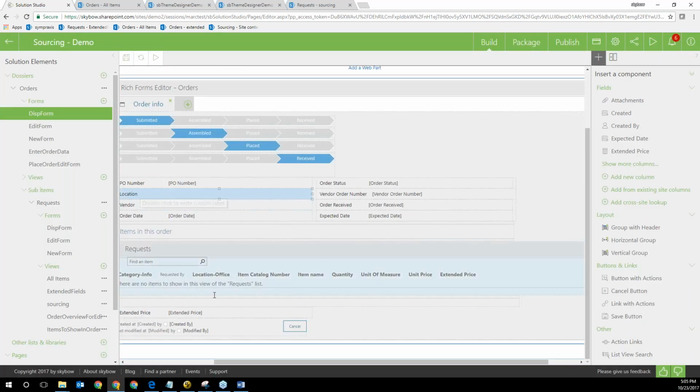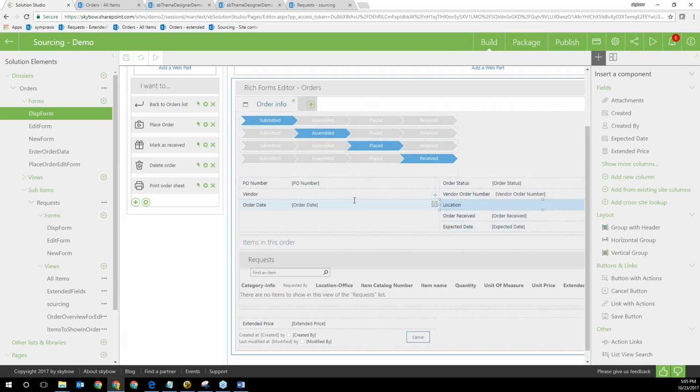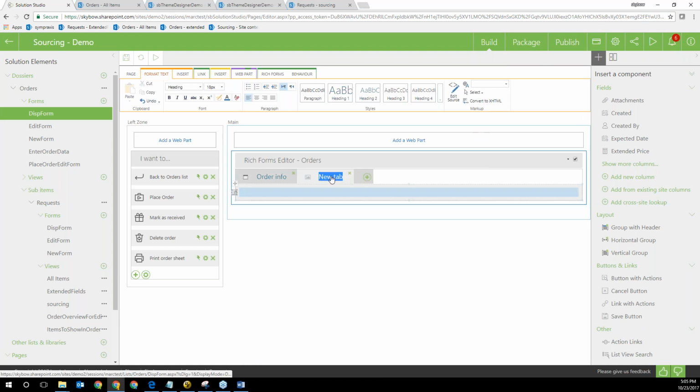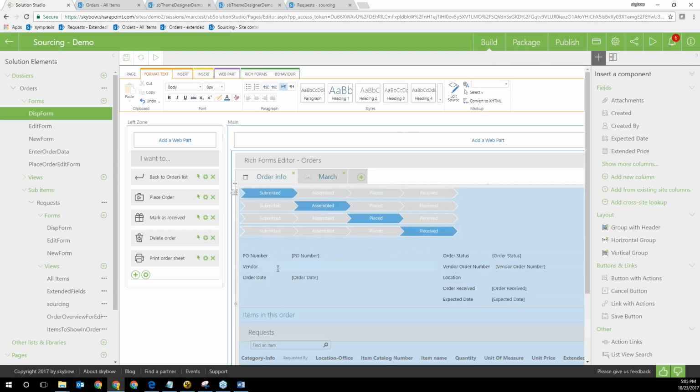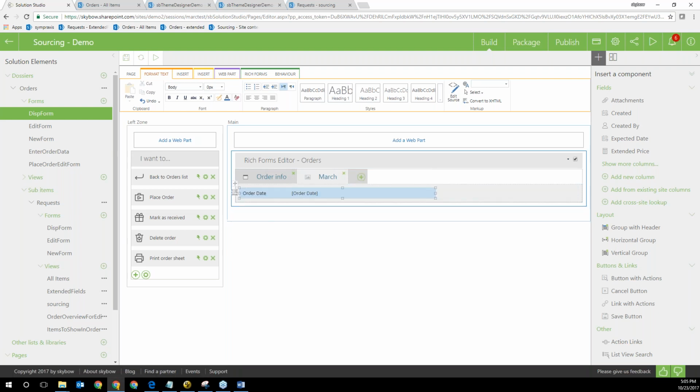But you see, the whole form designer here is drag and drop. You can use tabs. I'm just adding a new tab called Marc, and I can take the data from here. I'm going to take the order date and drop it into the Marc tab, literally in two clicks.